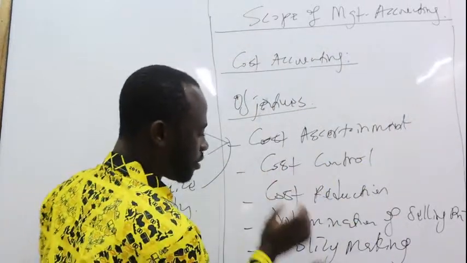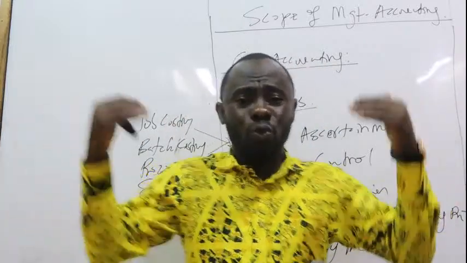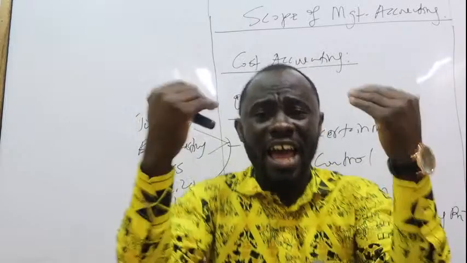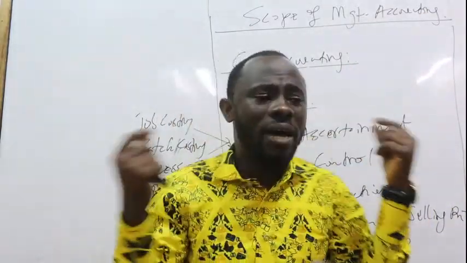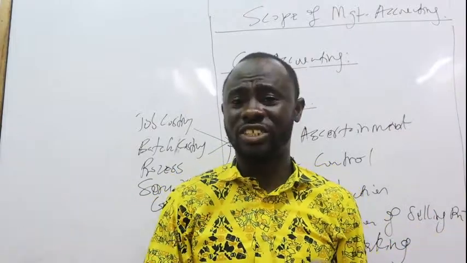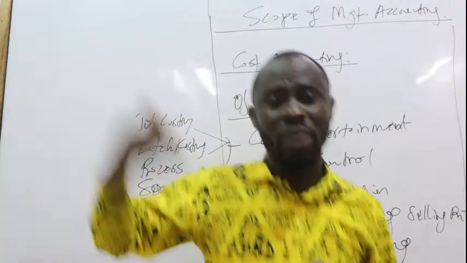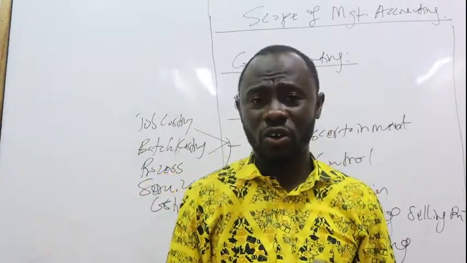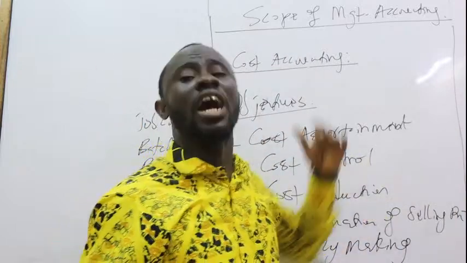So three, next one, determination of selling price. Remember, when we produce a product or render a service, we will be ascertaining the cost. That's the first thing. But we are not charity organizations. We want to make some money. We want to maximize the wealth of the shareholders, or maximize the returns on the shareholders' investments. So what do we do? We need to price at a profit.